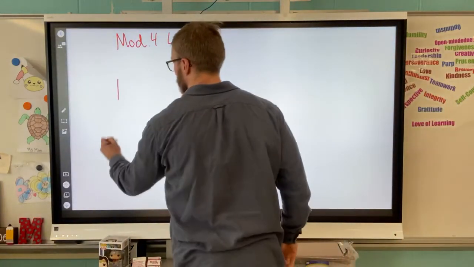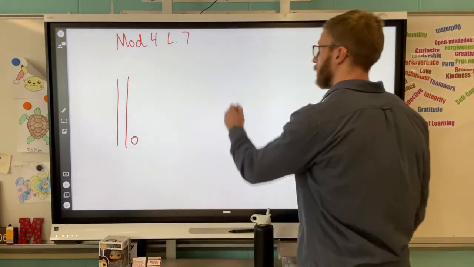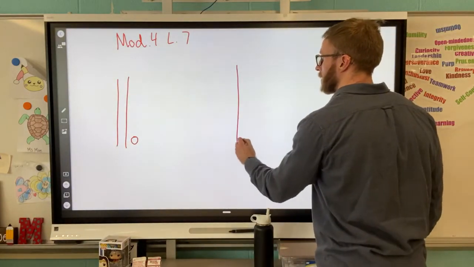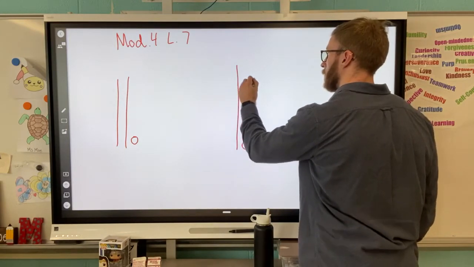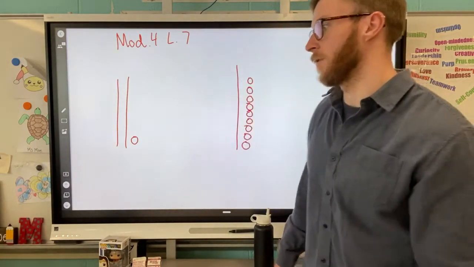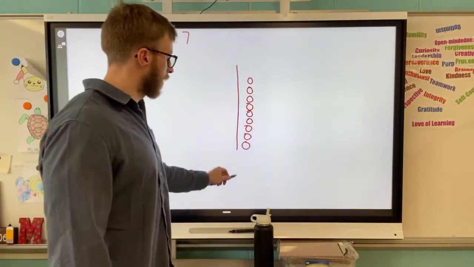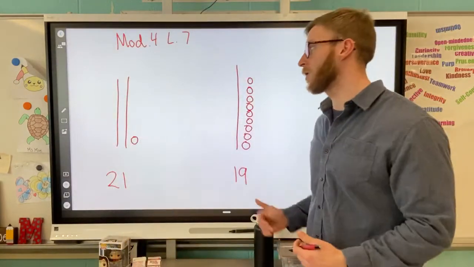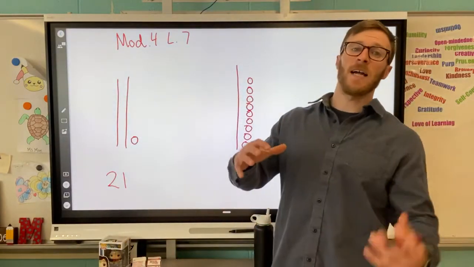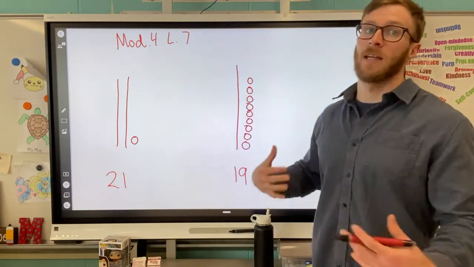So right here, I'm going to have 21 drawn out. And over here, I'm going to have 19 drawn out. There's 9 circles, okay? So this is 21 and 19. Now you might be thinking, well, these are some really big numbers to add together. They're both 2-digit numbers, that's hard. We're really not even gonna count on, we're just gonna manipulate or change this picture around to help us out,